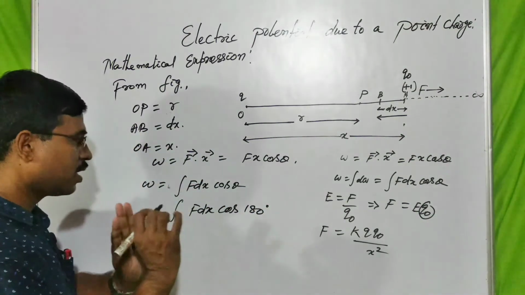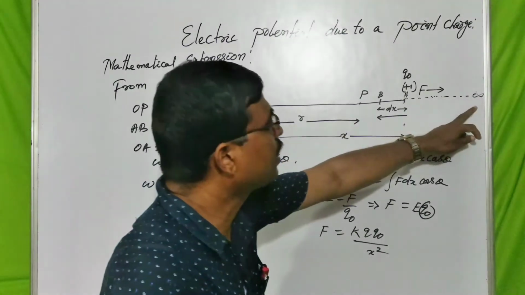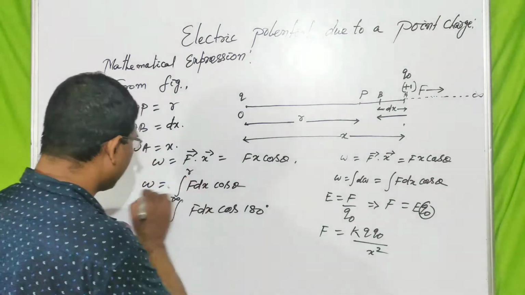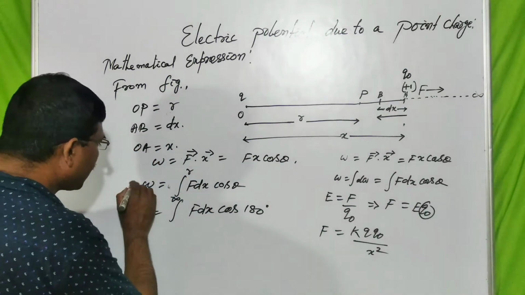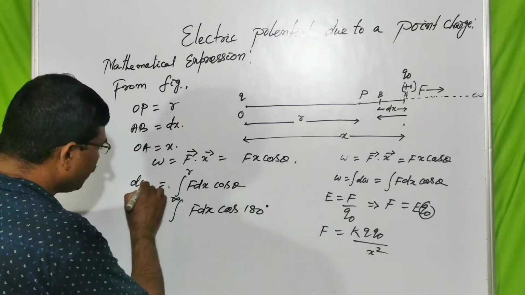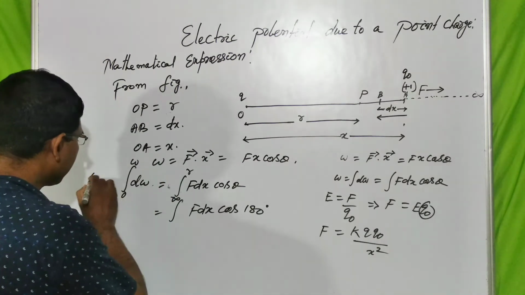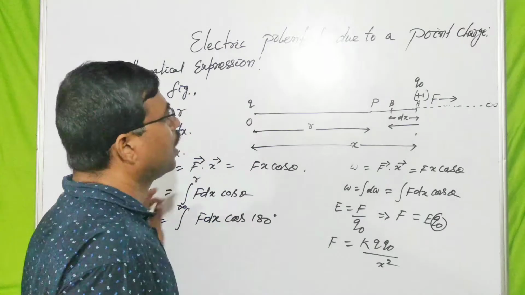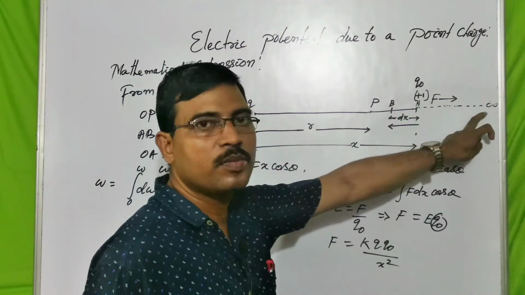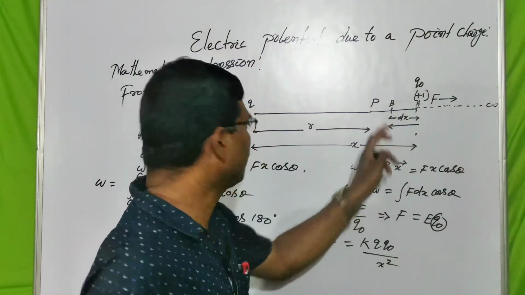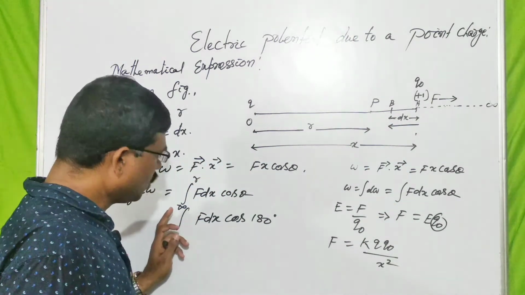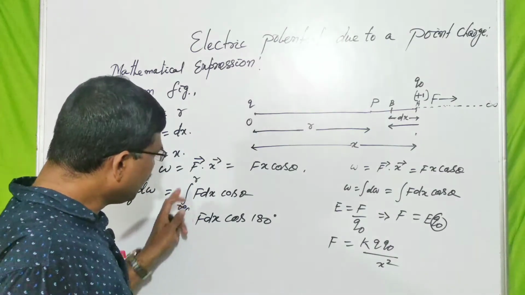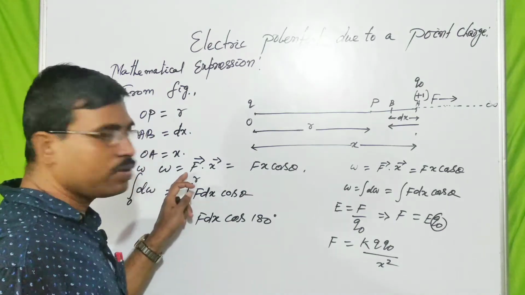Before going to this one, try to understand. You will calculate work done from infinite to this point. So how can you calculate? You will calculate work done up to this one, dW, from 0 to W. So you can write, it is the total work done. You have to calculate electric potential at point P while you are bringing the charge from infinite to the given point. So it is the lower limit, it is the upper limit, infinite to r.